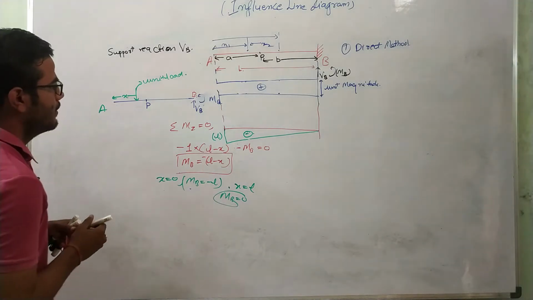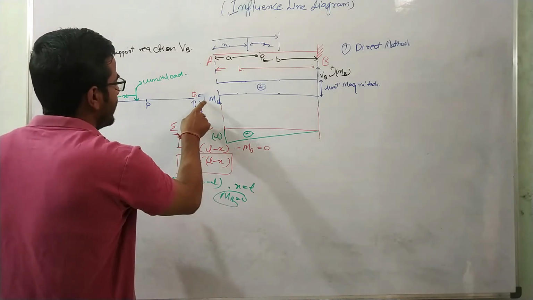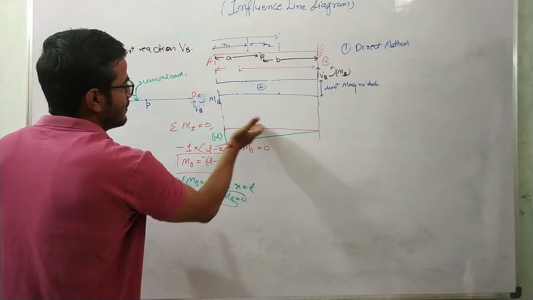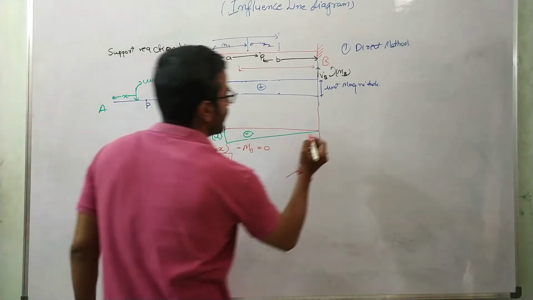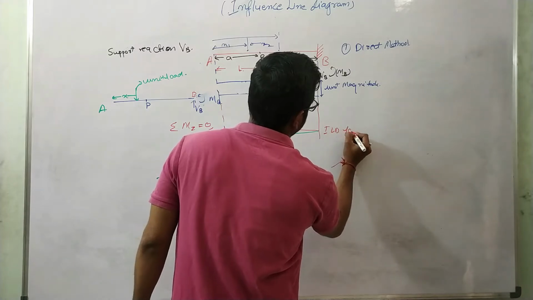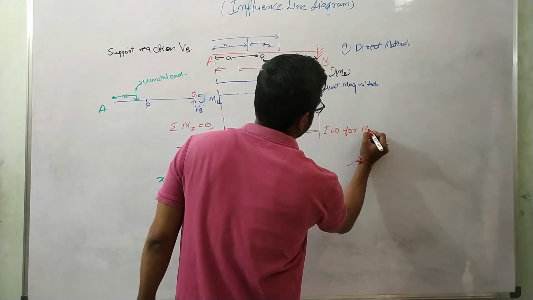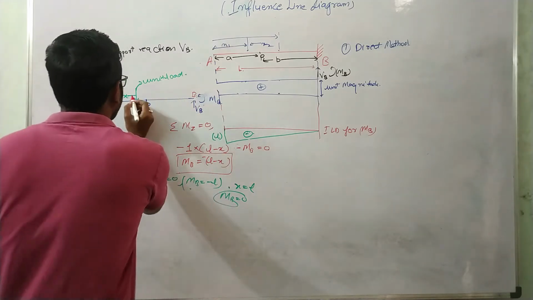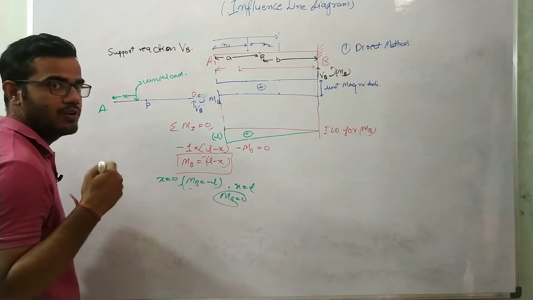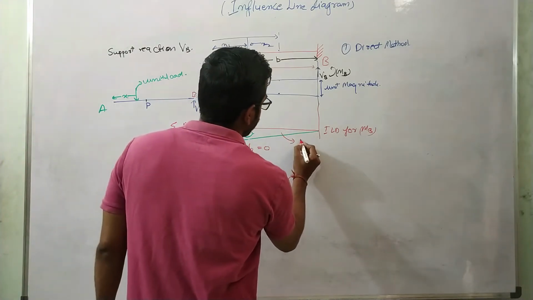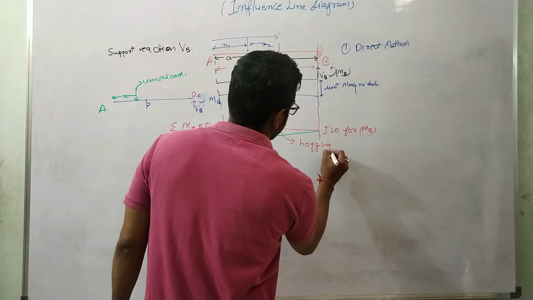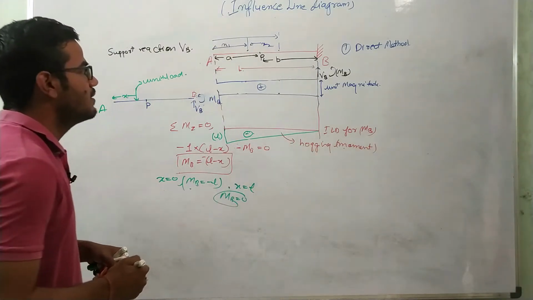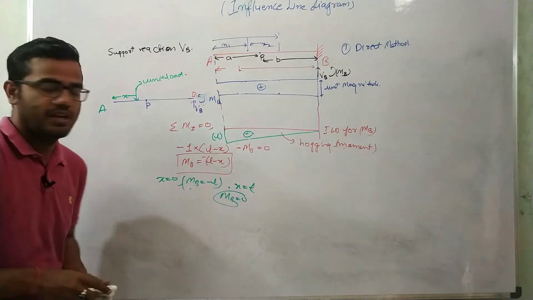Because you can see that this direction which we have assumed over here is MB, but it is coming negative, that's why the negative sign is coming. This will be below this axis. So this is the ILD for MB. Positive sign will be considered for the sagging moment, but here when this load is applied, the moment generated in the beam will always be hogging. So this negative sign shows the hogging moment. So this covers our ILD for the support reactions.